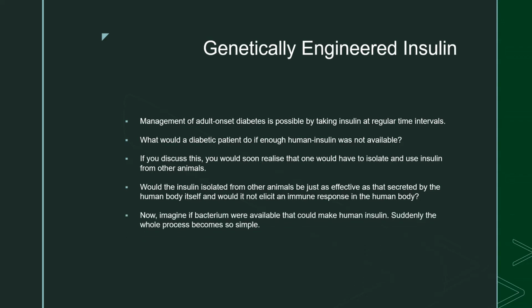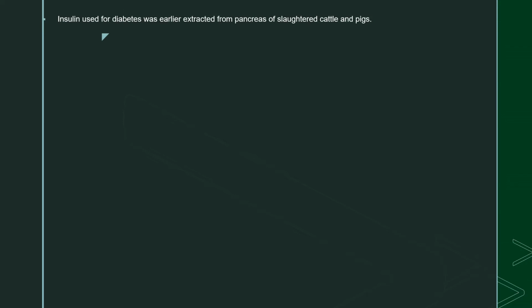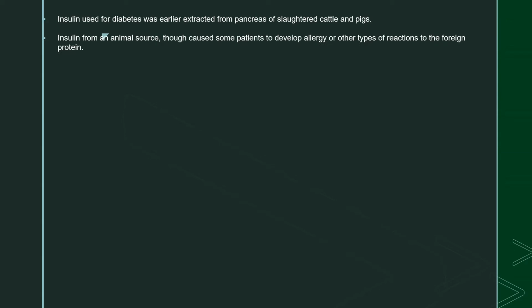Now imagine if bacterium were available that could make human insulin. Suddenly, the whole process becomes so simple. You can easily grow a large quantity of bacteria and make as much insulin as you need. Insulin used for diabetes was earlier extracted from pancreas of slaughtered cattle and pigs. Insulin from an animal source, though, caused some patients to develop allergy and other types of reactions to the foreign